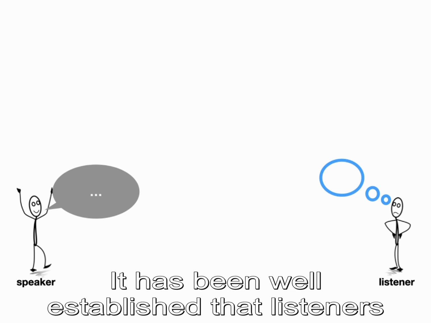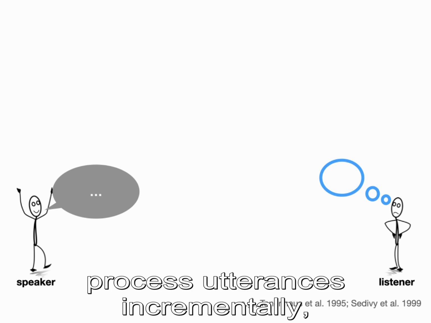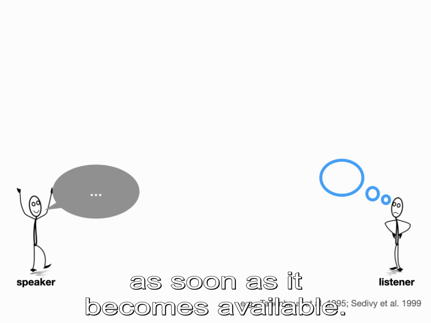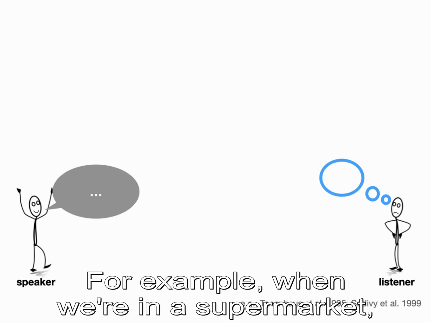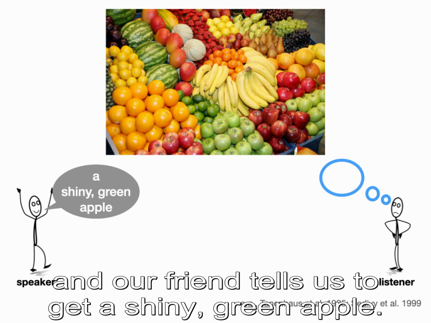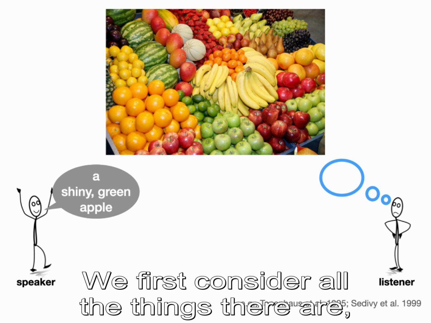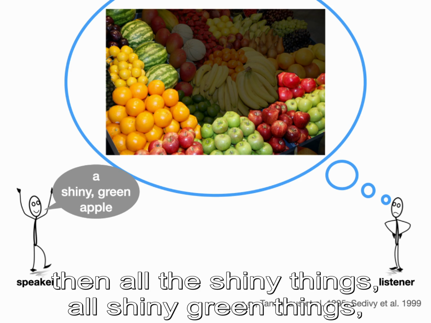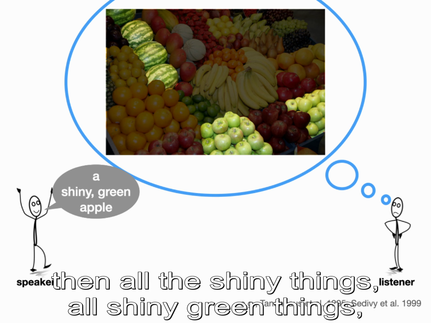It has been well established that listeners process utterances incrementally, that is, information is integrated as soon as it becomes available. For example, when we're in a supermarket, in front of the fruit section, and our friend tells us to get a shiny green apple, we first consider all the things there are, then all the shiny things, all shiny green things, and finally all